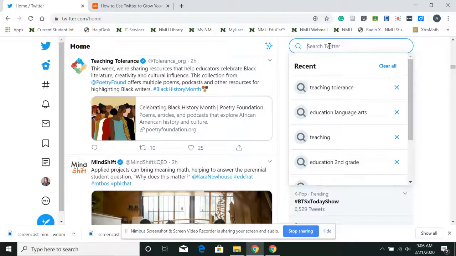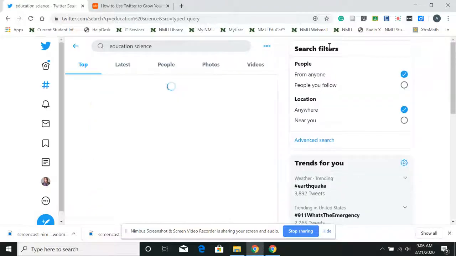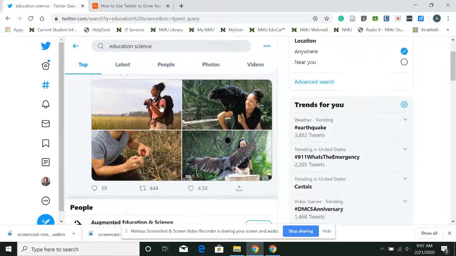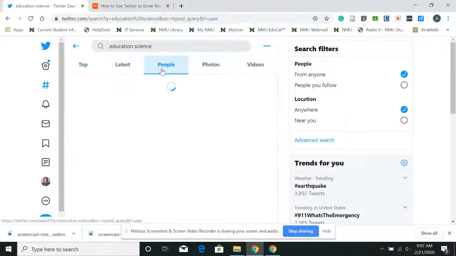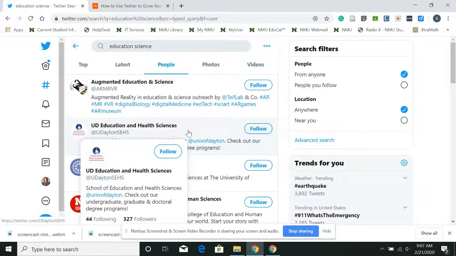So I am in education, so I might type in education, but maybe I want to find information about science. So I could add science into my search bar. As you can see, my results are pulled up here. I can go under people, and here it will show me people and organizations that relate to my search parameters,